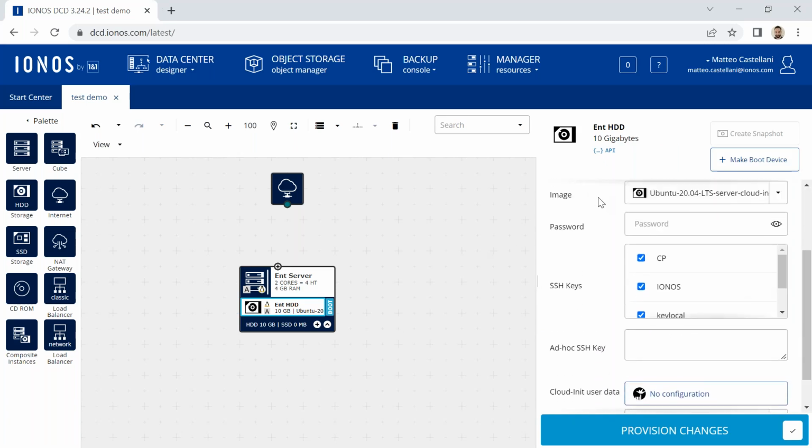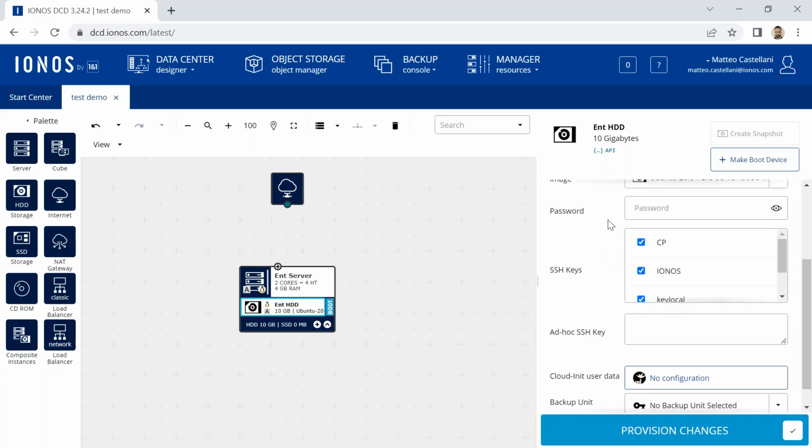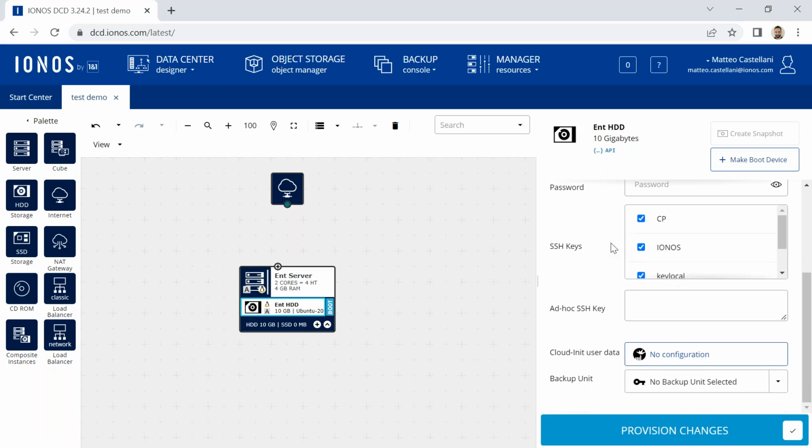Once I select the image, the form over here changes a little bit and allows me to set up a password. Our servers are secure in a way that even if you specify just the password, you're not going to be able to log in. We do this to avoid brute force types of attack. When you're creating a machine, you will have to get into the server and enable it manually. What we really recommend our customers to use are SSH keys. Now, these SSH keys need to be created, and if you do not have practice with that, I recommend